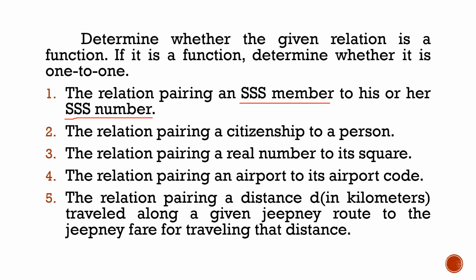Now, for number 2, the relation pairing a citizenship to a person. So your variables here are the citizenship and the person. Now, the relation is not a function. Why? Because a person can have dual citizenship. Meaning citizenship is not unique, because even if you are a Filipino,